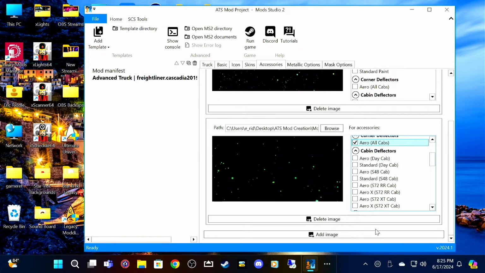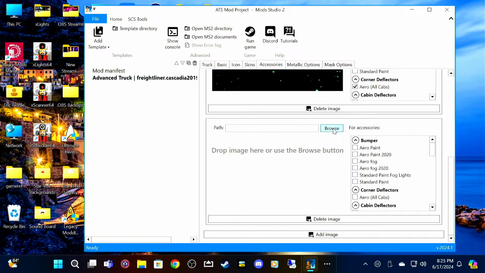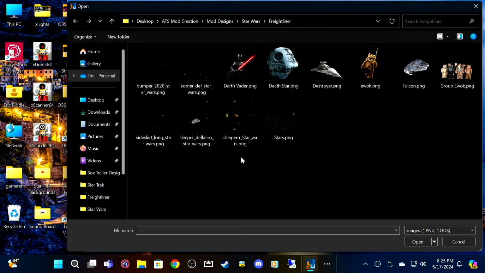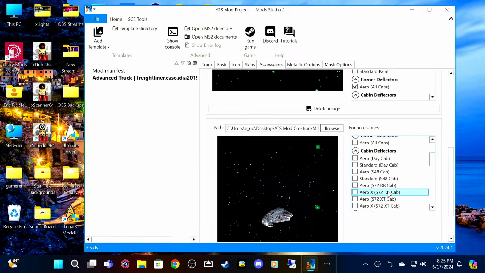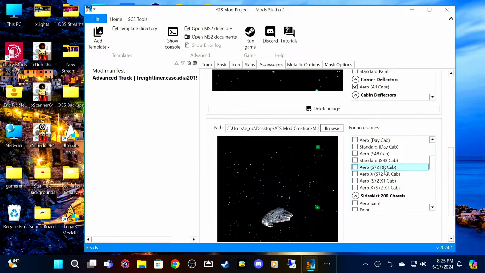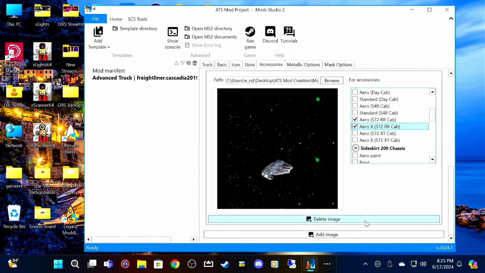Then we're going to go another one, add image. And we're going to go the sleeper deflector. These are the deflectors. So we're going to go RR. Then we're going to go ahead and add another one